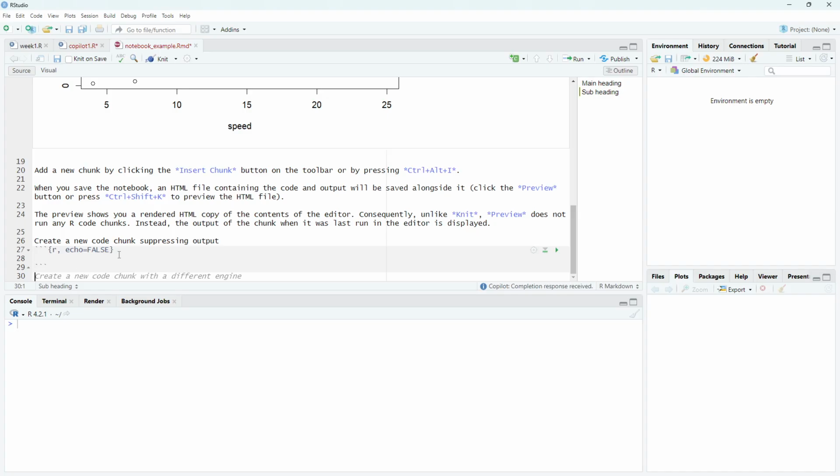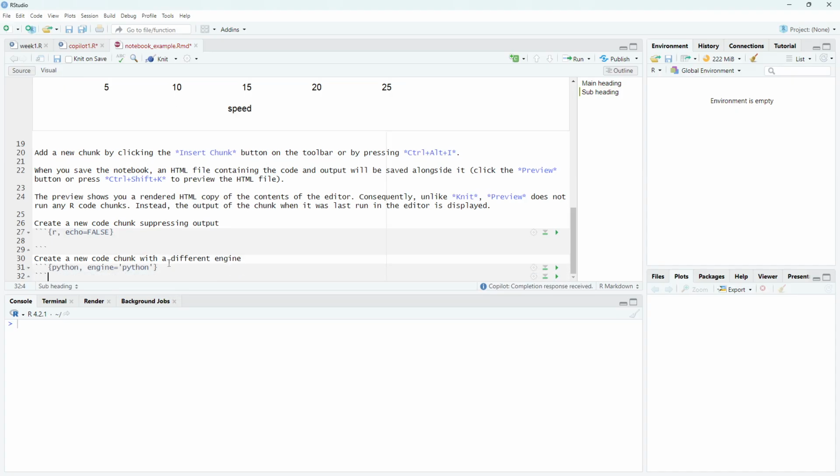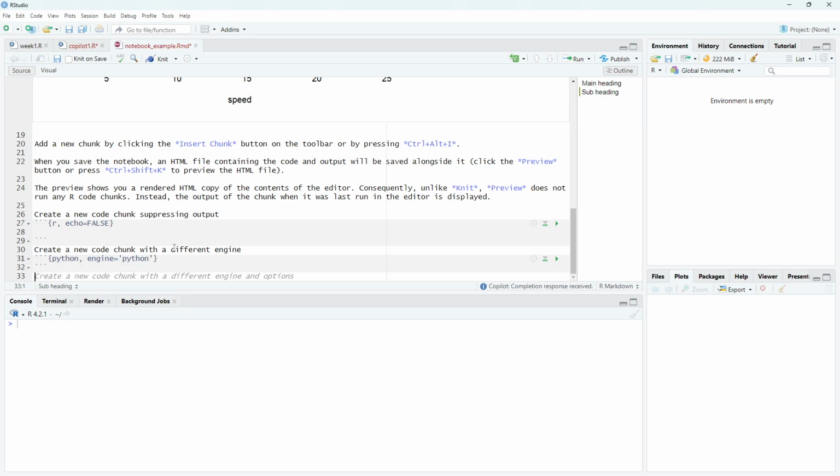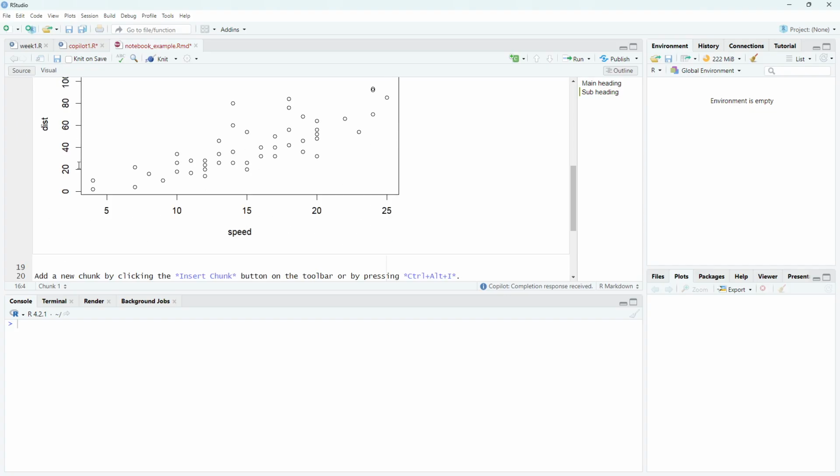But it has given me the bit. Oh, it's given me a new code. Sure, let's have a look and see what it'll do. So you can run some Python code too, but it hasn't given us the end. So that's nice. Probably if I was doing Python, I don't know if I would do it in RStudio, but I guess you can. But to go back to this one, the basic code chunk will be in R,